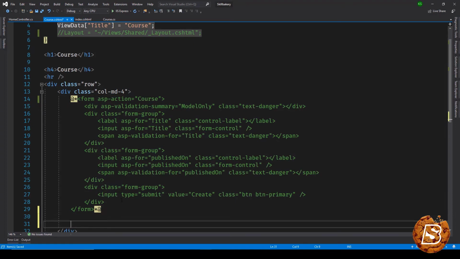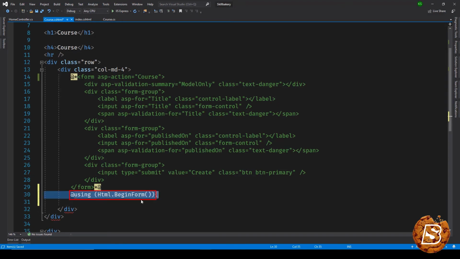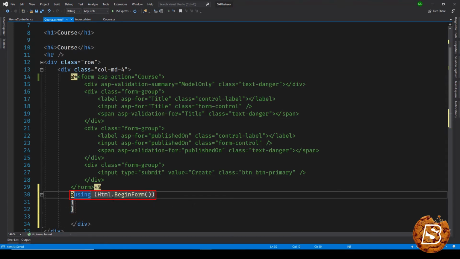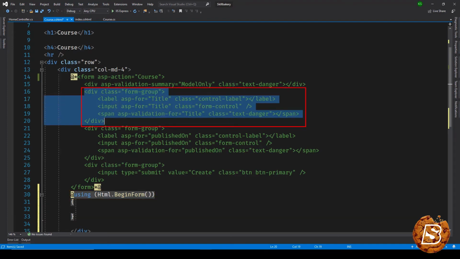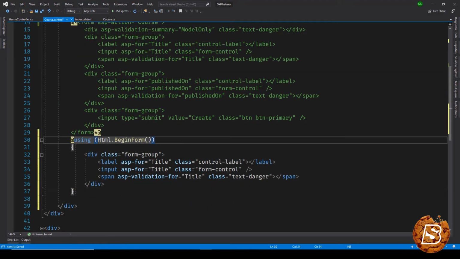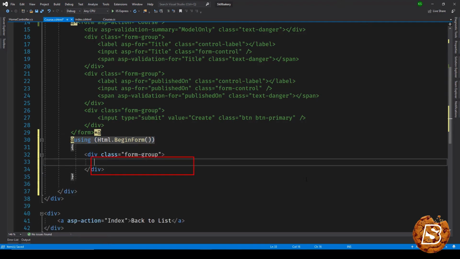and I'll be using another approach to generate this form, and that is by making use of @using Html.BeginForm. So here we have this block which says Html.BeginForm, and inside this block we can use HTML helpers to create the form. So for instance, if I have to take this div over here and put it here, I can just go ahead and say, instead of all these two input tags and span, all I need to do is make use of